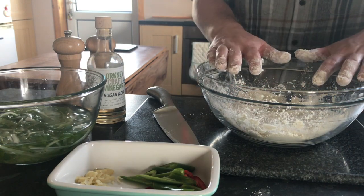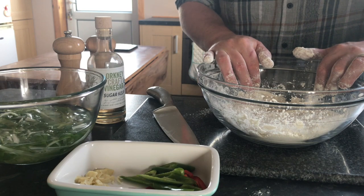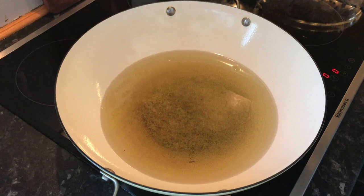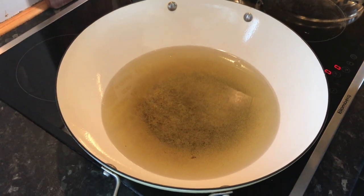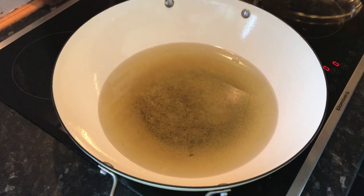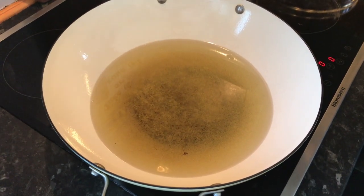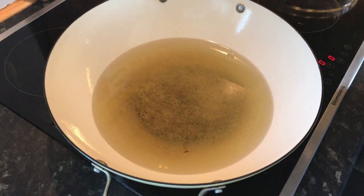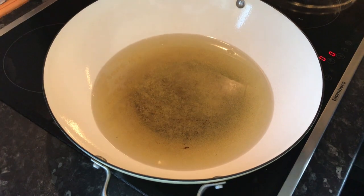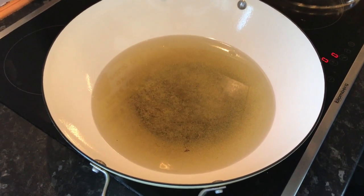Now we're going to leave that in there for a few minutes, and we'll get the oil in the wok just heating up nicely. So I've got the oil nice and hot. We're looking at about 170 degrees Celsius here. Again, we're not working with a thermostat here, so it's maybe best to use a digital thermometer, or to test it, maybe drop a cube of bread in there, and when it turns golden brown, you know the oil is good to go. Again, being cautious with this, never walk away if the phone goes, because you are working with hot oil and there is no thermostat,